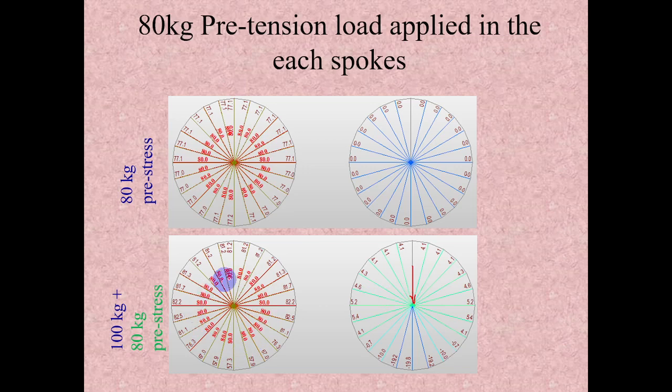If you see this figure, this 77 is without the 100 kg load. When I apply the 100 kg load, I get a force distribution like this. Some spokes are getting tension and some spokes are getting compression. These are all compression values. So after